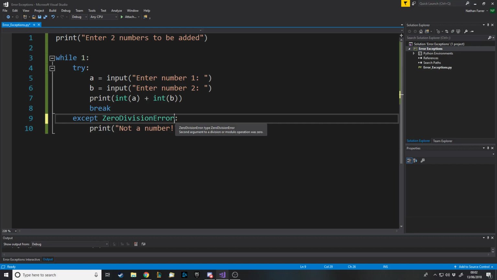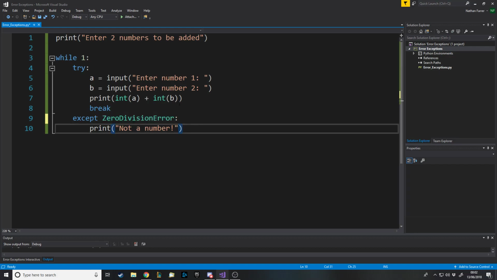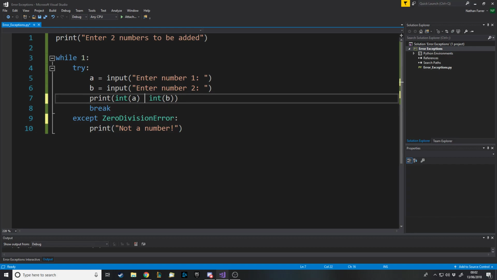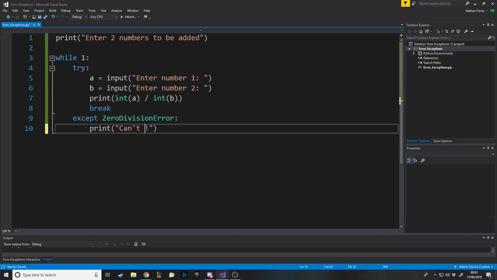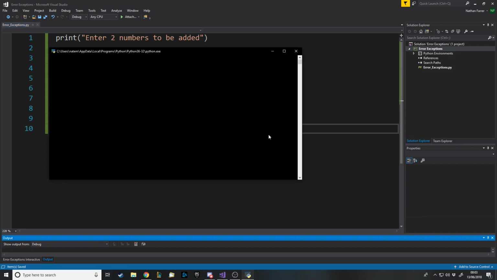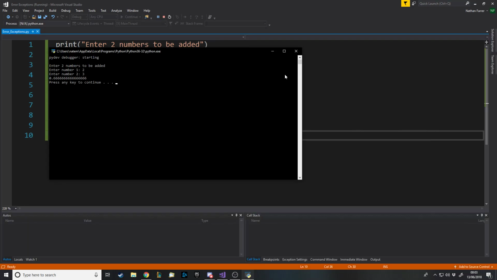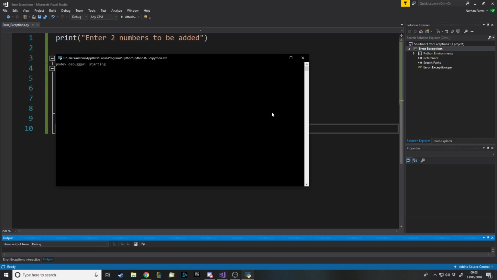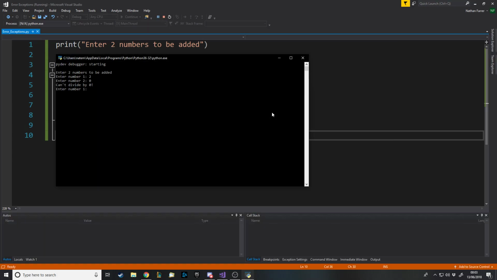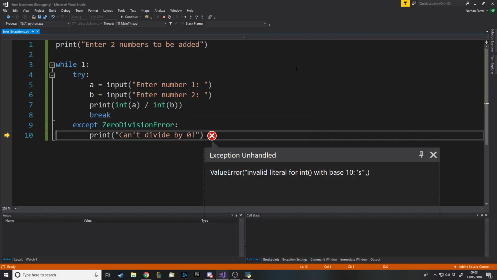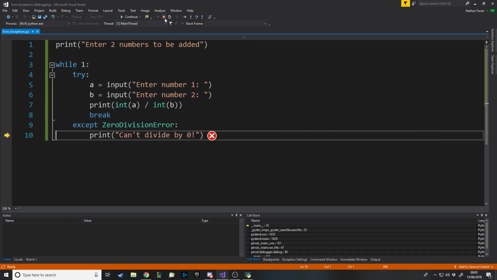Obviously this isn't a 0 division error, but if we did do that divided by that, can't divide by 0, and then let's say we enter 2 numbers and I put 2 and 3, it's fine. But let's say I divide 2 by 0, can't divide by 0, so yeah, you get what I mean. So if I put 2 by s, it's going to cause an error because we've accepted 0 division, but we haven't given any case for